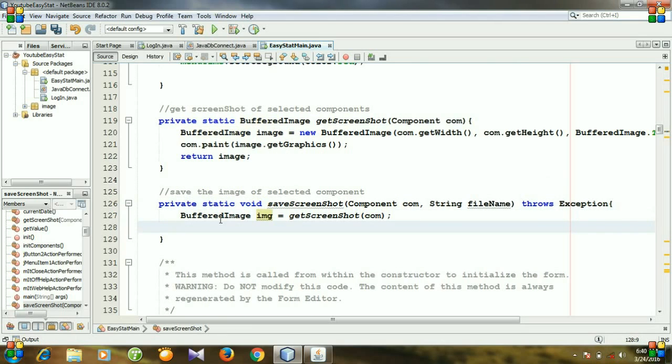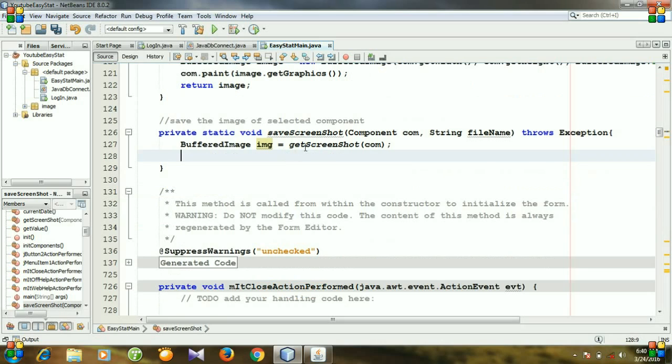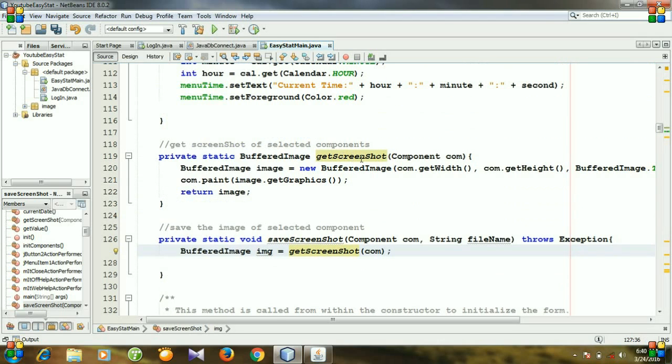And you see, for saving our image we will get the image of our screenshot, and for getting it we need to call the method getScreenshot. And you see, here is our method getScreenshot. By calling this method we will get the screenshot of our component and we will save it.